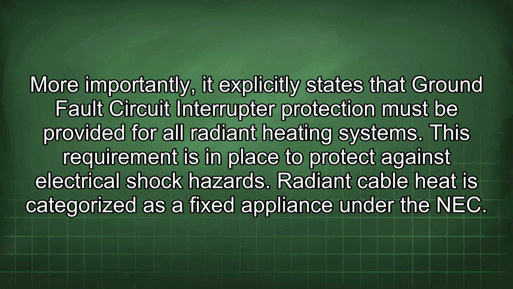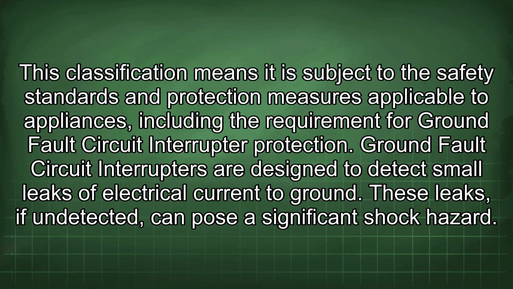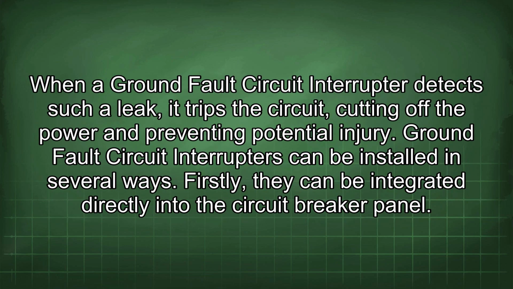Radiant cable heat is categorized as a fixed appliance under the NEC. This classification means it is subject to the safety standards and protection measures applicable to appliances, including the requirement for ground fault circuit interrupter protection. Ground fault circuit interrupters are designed to detect small leaks of electrical current to ground. These leaks, if undetected, can pose a significant shock hazard. When a ground fault circuit interrupter detects such a leak, it trips the circuit, cutting off the power and preventing